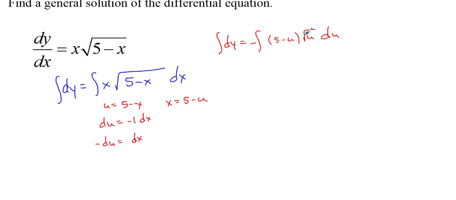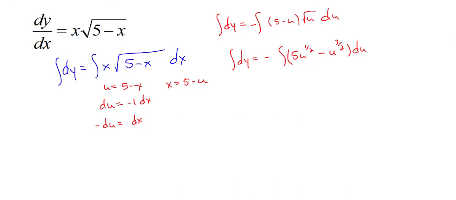Okay, so that would be u to the half. So it would be 5u to the half power minus u to the first times u to the half, u to the 3 halves, parentheses around everything, and then du. Now I think we're set up so we can take the antiderivative both sides. Antiderivative dy, y plus c, but we put the plus c over here, equals negative,